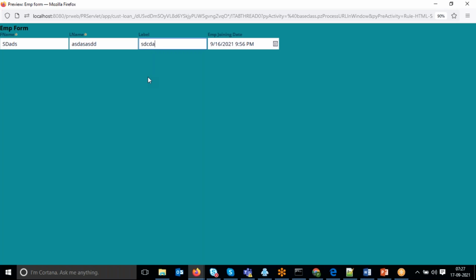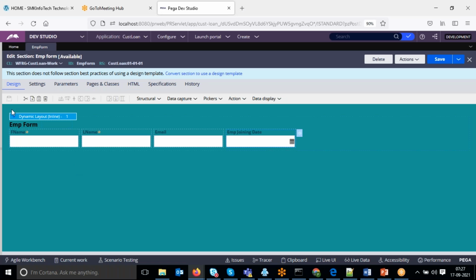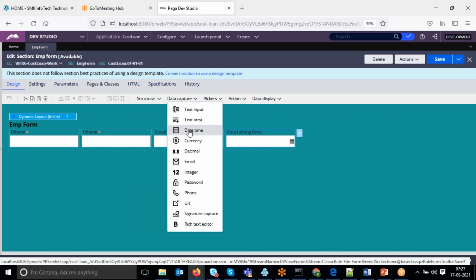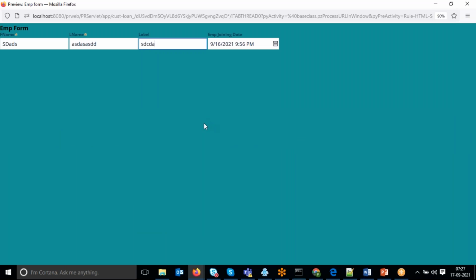You got it? How we can design applications or pages by using the Pega tool. Always I'm telling you about rules. Section is one rule name. Dynamic layout is one rule name. These are all UI controls. Text input, text edit, these are all UI control rules. Everything is called rules. Using these rules, I can design one form, one screen, the employee application form screen.